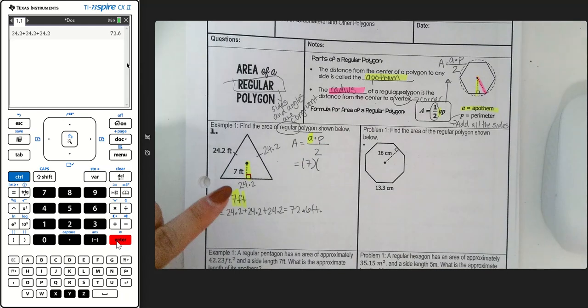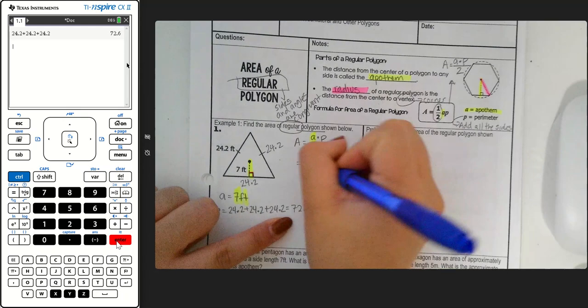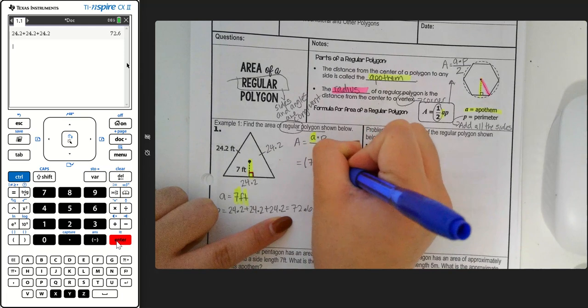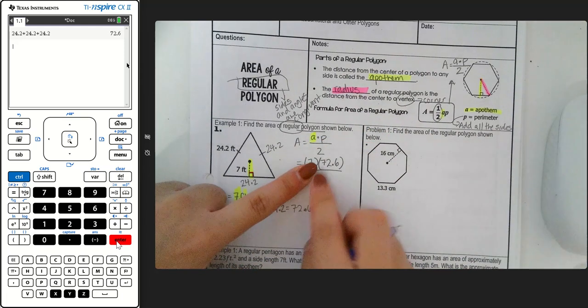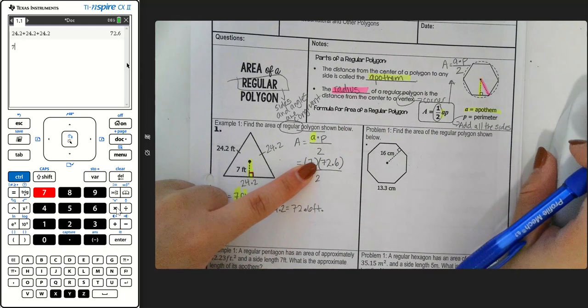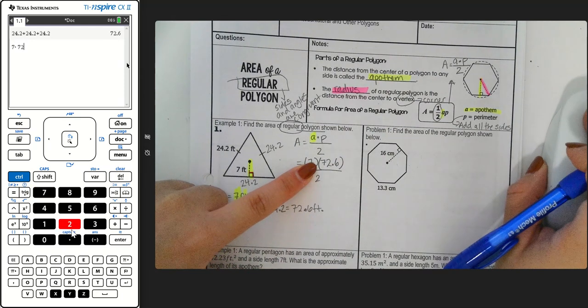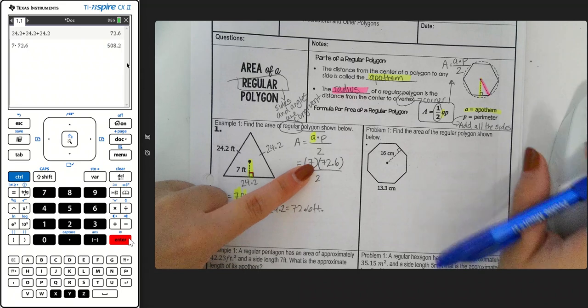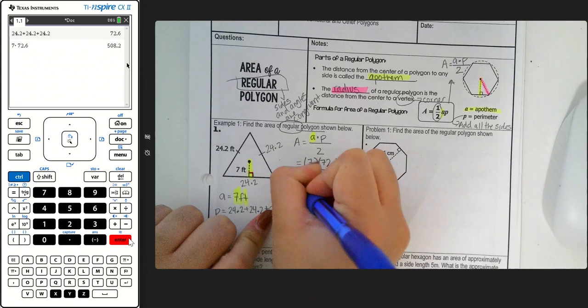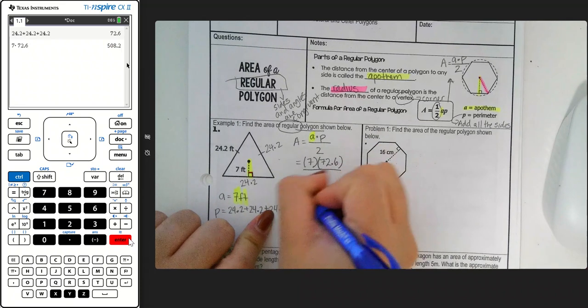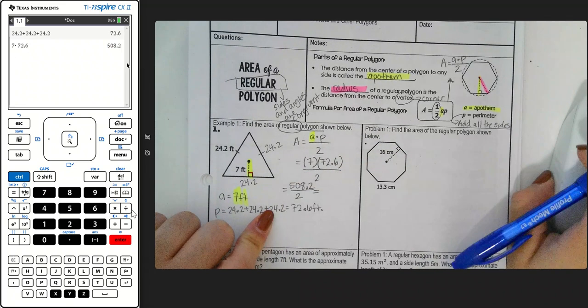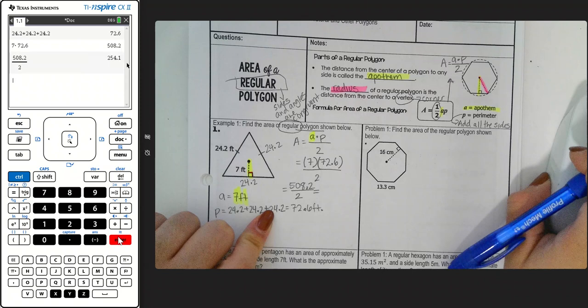When we add all the sides, the perimeter we found out is 72.6. And then we're going to divide all that by 2. Then I'm going to multiply 7 times the perimeter, 72.6, which equals 508.2. And then don't forget that we're still dividing by 2. So I'm going to divide that by 2, and that equals